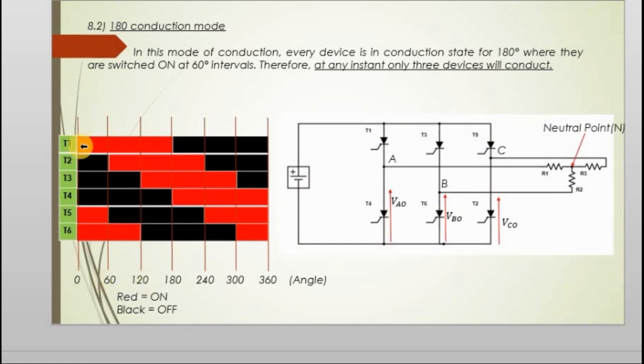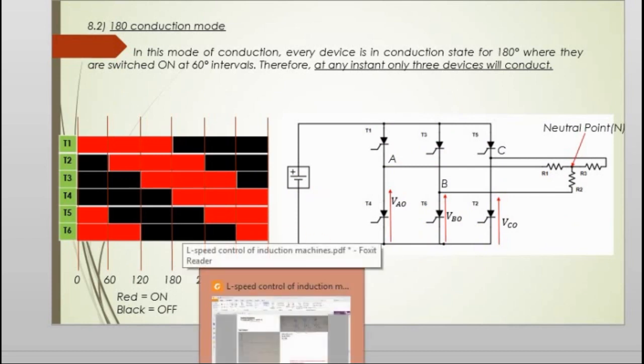(60 to 120) you have T1, T2 and T6. So in the 0 to 60 you have 2 thyristors from upper half and 1 thyristor from lower half. When it comes to this one, 60 to 120, 1 thyristor from upper half and 2 thyristors from lower half. That's how it works. If you take this one,